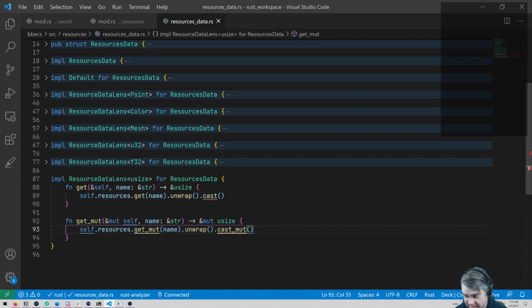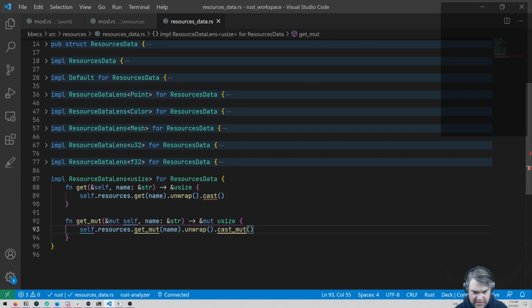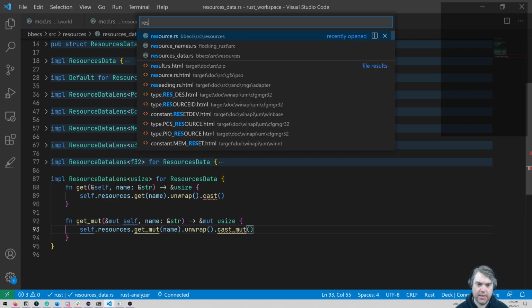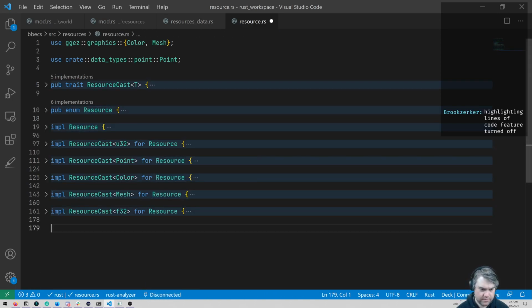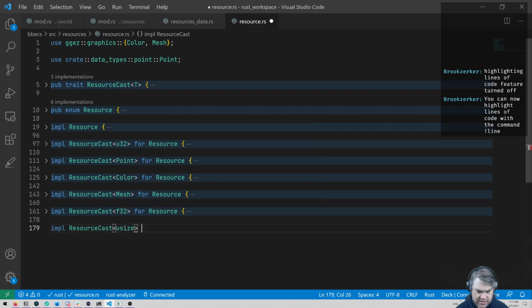Right. So we now need to implement the cast traits for usize for resource. Oh, I turned that off. I didn't mean to do that. Resource. Cast size.